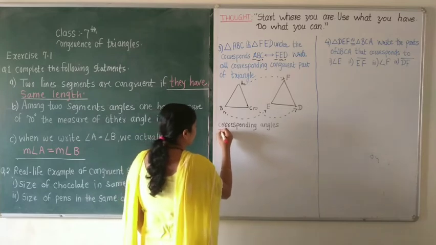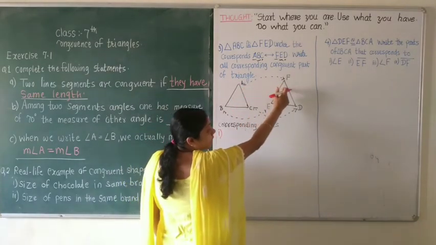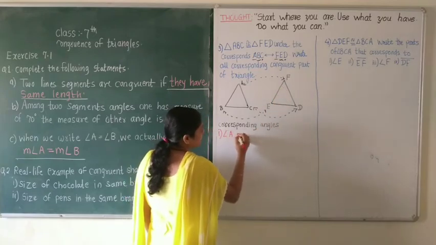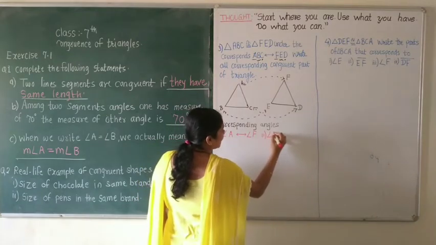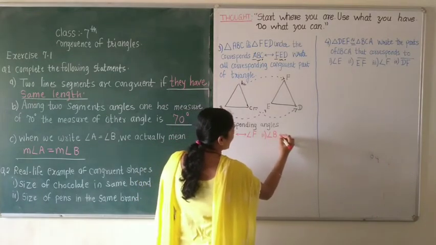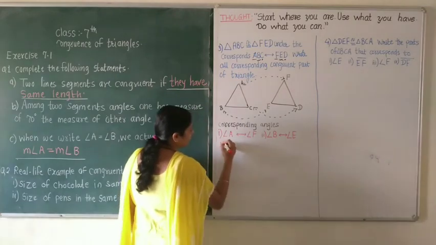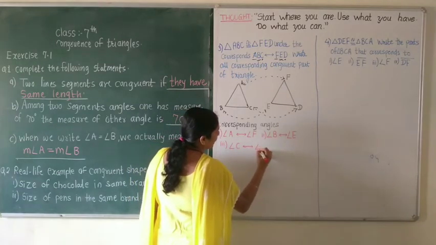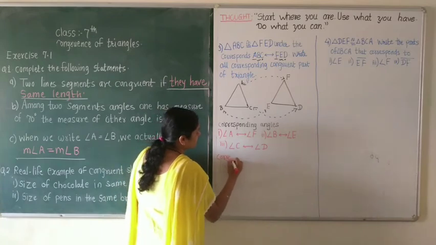The first one, corresponding angle. Angle A corresponds to angle F. So angle A corresponds to angle F. Like that, the second one, angle B corresponds to angle E. And the third one, angle C corresponds to angle D. Then corresponding